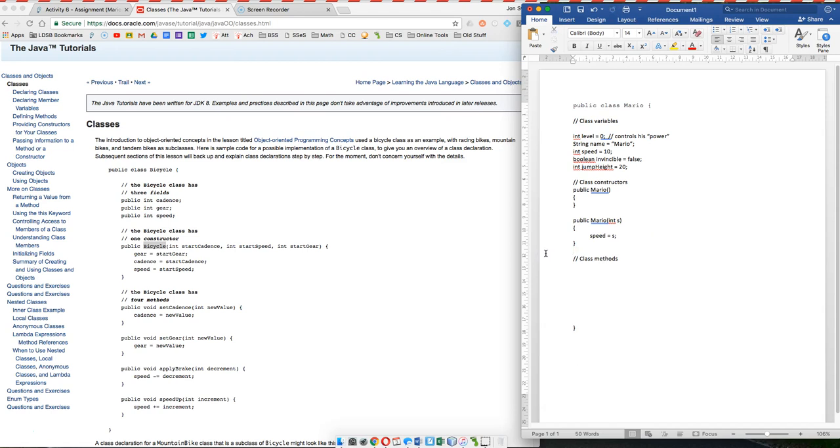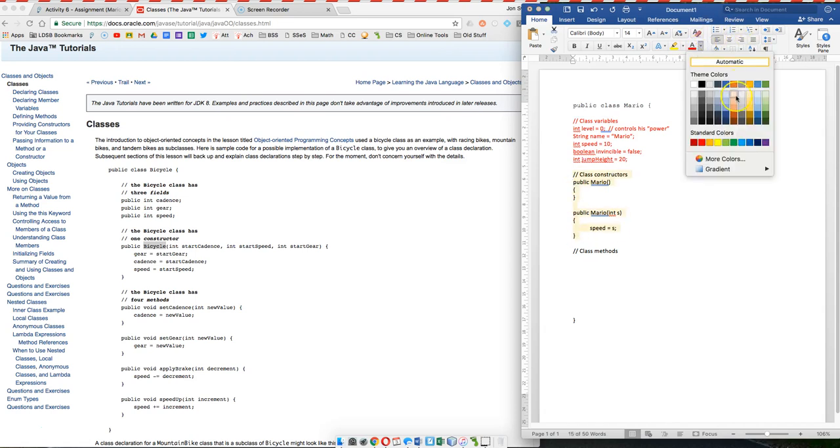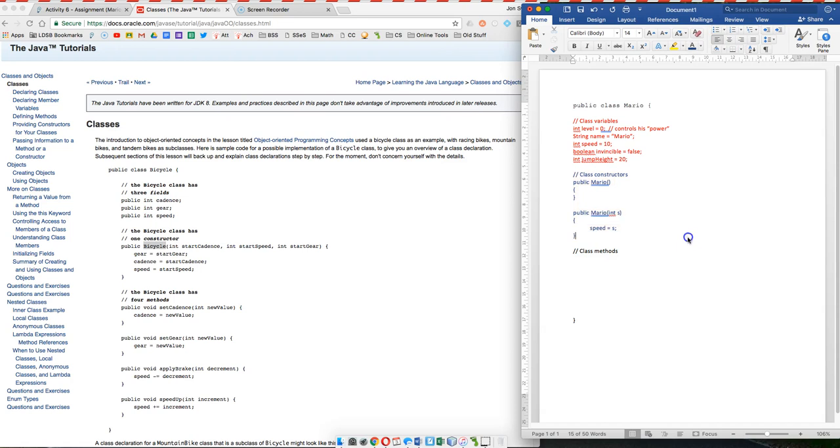And that brings us to the methods. So, while I clean this up a bit, we think about what are some things that Mario could do. Well, Mario can jump, right? Mario can run. So he's got a whole bunch of these things called methods. And again, I don't intend on you actually writing methods like the actual things that he does, like the code to make a move. That's not what I was looking at.